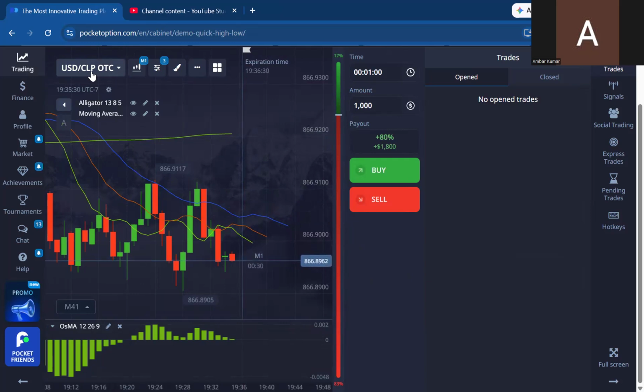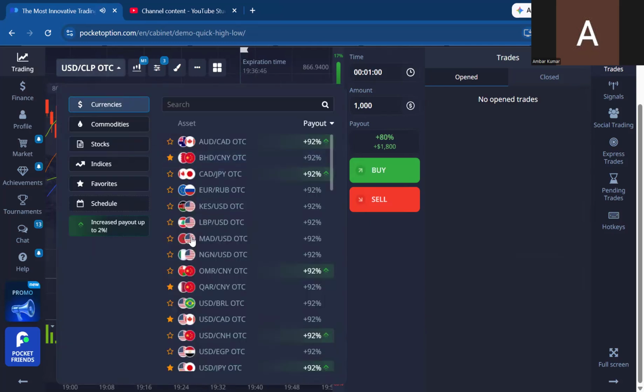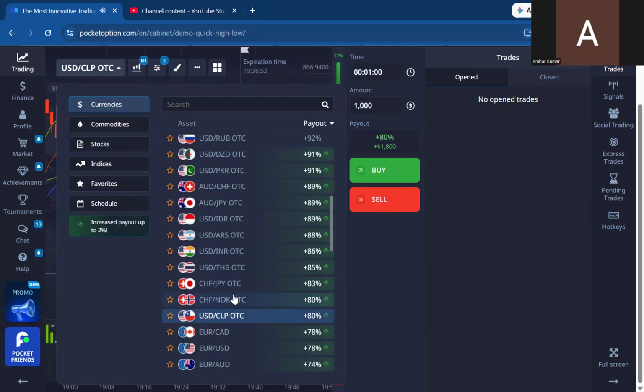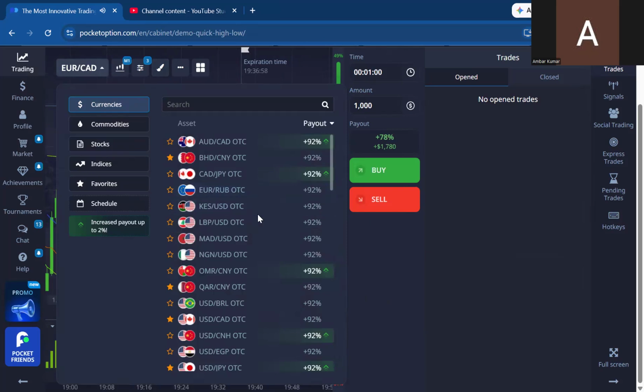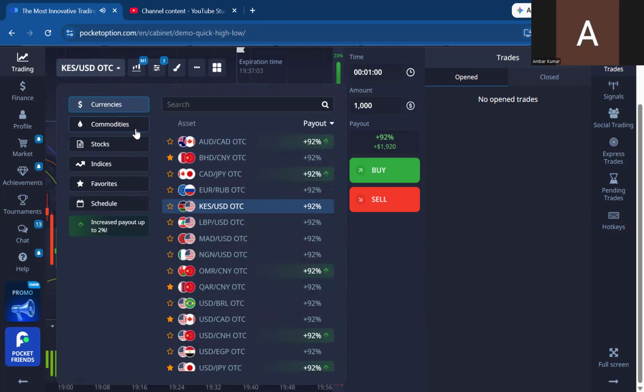Over here, I see a potential setup on USD CLP OTC. But again, I'm going to be very strict with the way that we lock in this trade because over here we see a recurring loop. We see it go up and then we see the trade go down. We see it go up and we see it go down again. So unless we go only down,